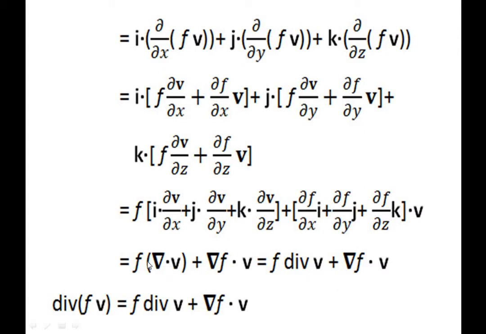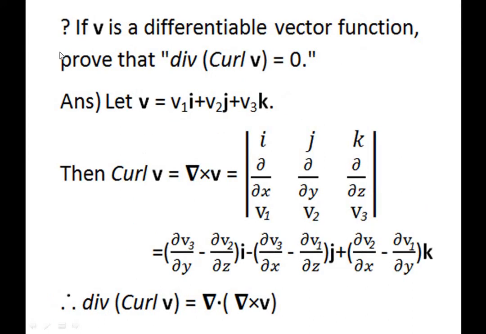Then we can write this expression as f into del dot v plus del f dot v, where del dot v is the divergence of v. That is, we can write f into divergence of v plus del f dot v. So when we take a vector function v and a scalar function f, the divergence of fv equals f into divergence of v plus del f dot v. Okay, clear? Then next question: